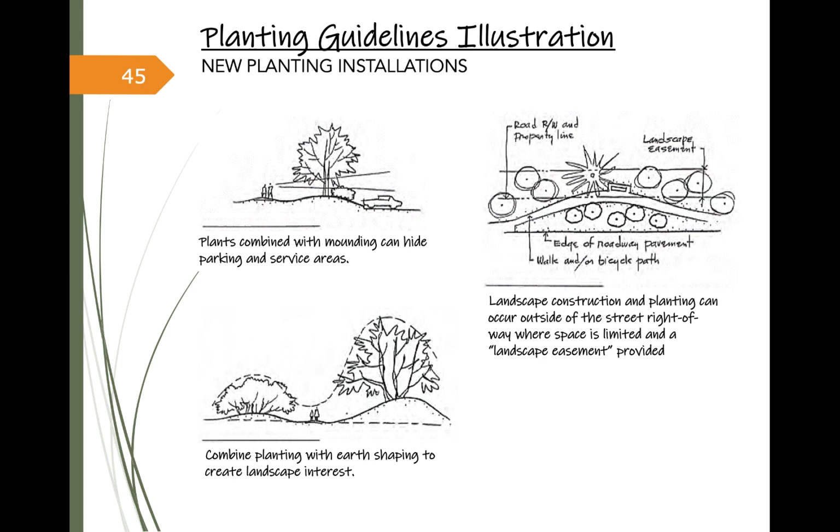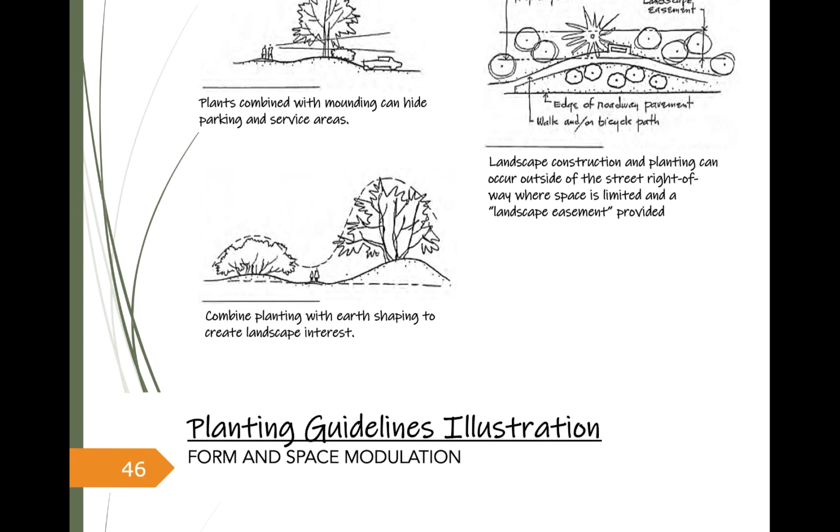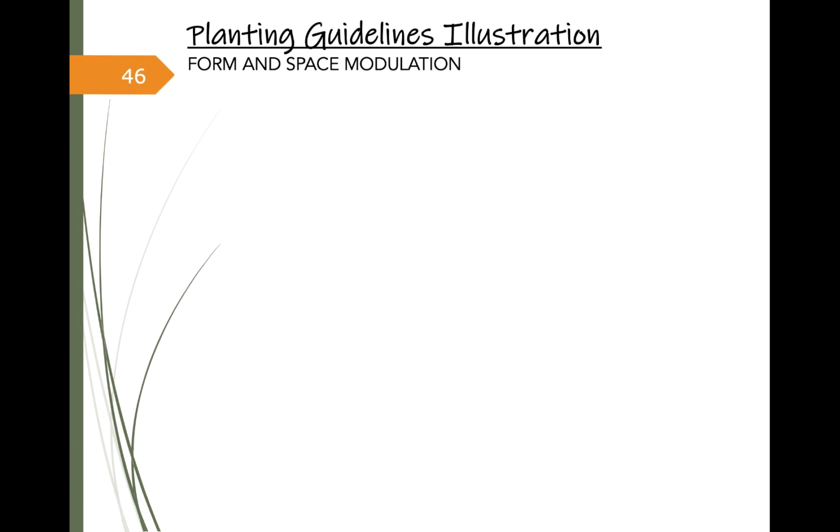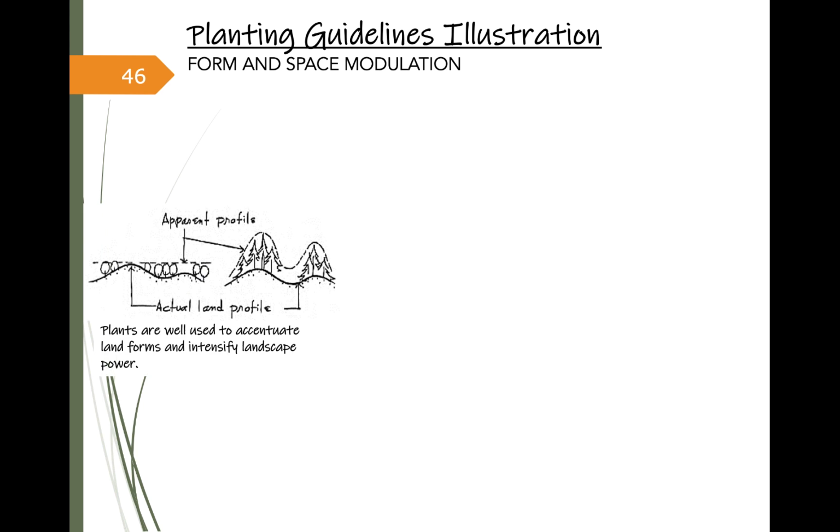Plants combined with mounding can hide parking and service areas. Landscape construction and planting can occur outside of the street right-of-way where space is limited and a landscape easement is provided. Combine planting with earth shaping to create landscape interest. Plants are well used to accentuate landform